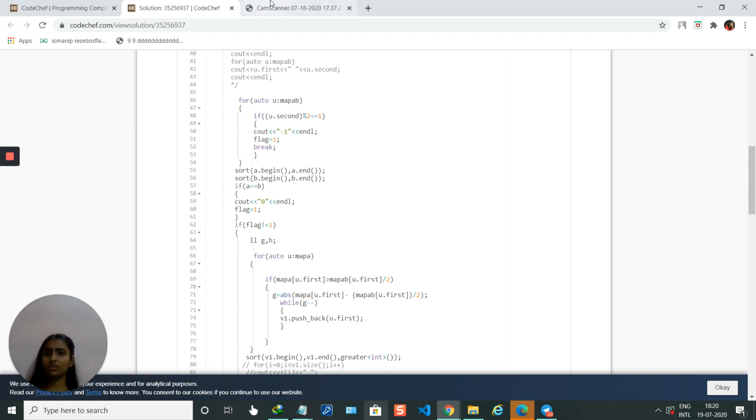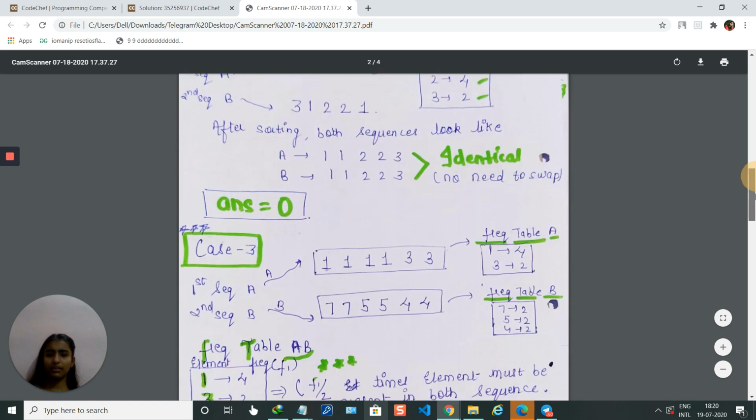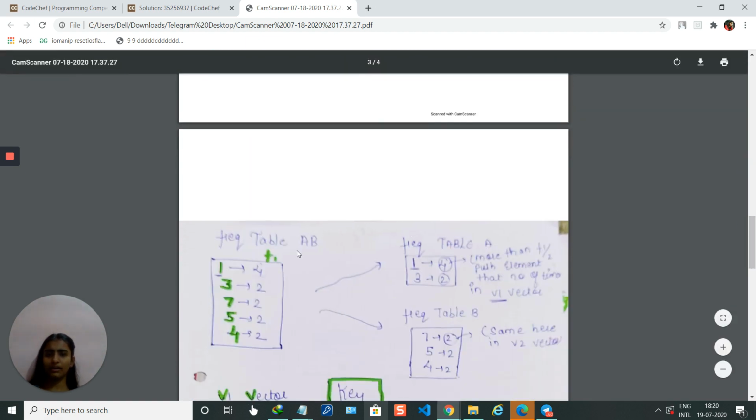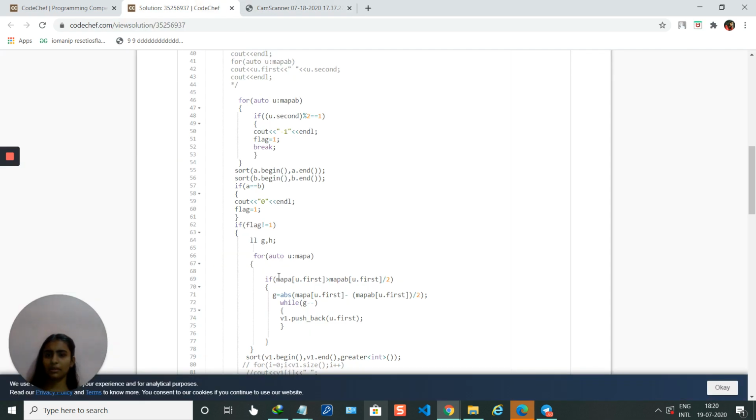For the third test case, I have compared f1 by 2 with this frequency in the mapping. If it is more than f1 by 2, then I will push that number of times into the v1 vector. Similarly I go through the map and compare, and then store in the v1 vector.